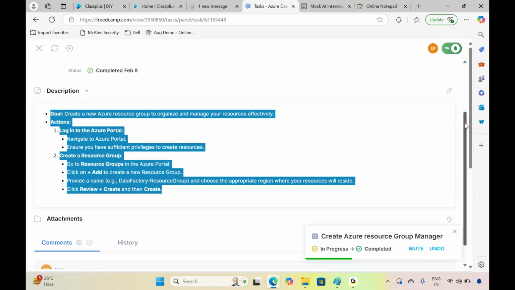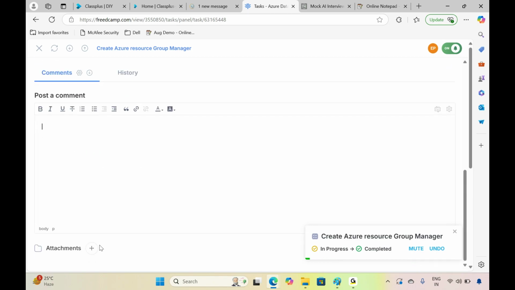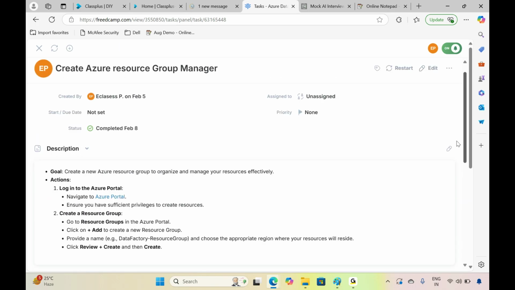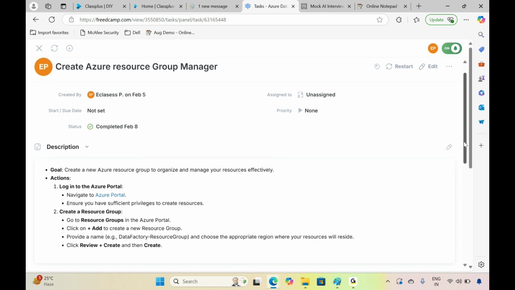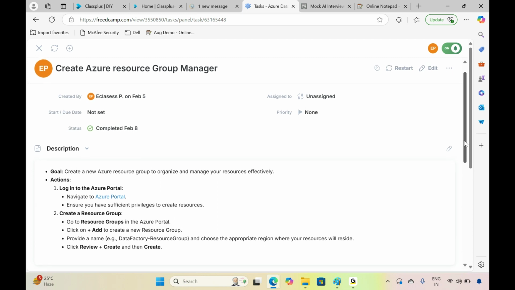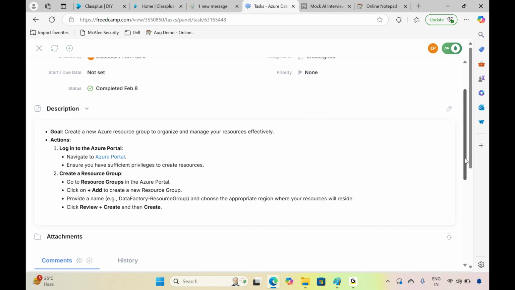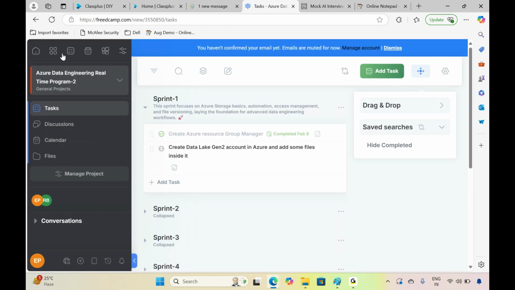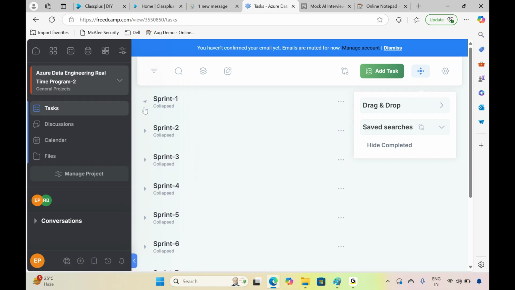When you are performing this task, you do some commenting here, and many people will be replying to you. Your team lead and a mentor are there for you, and a lot of discussion will happen task-wise, exactly as in real time. This is how you need to finish the work when you are involved in a project. So before you enter into projects, we want to give you this kind of environment. The moment you work on all these tasks, you will definitely get good confidence and hands-on experience in the course.